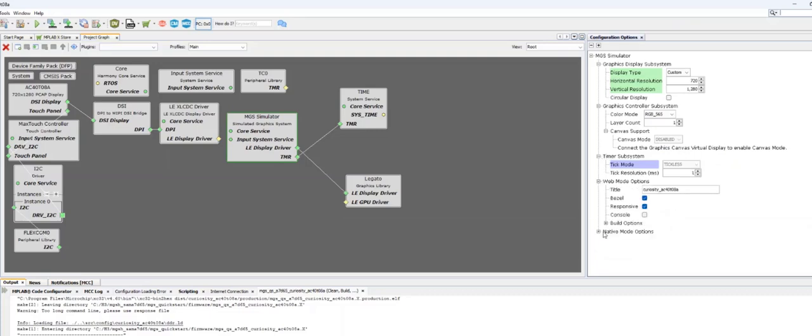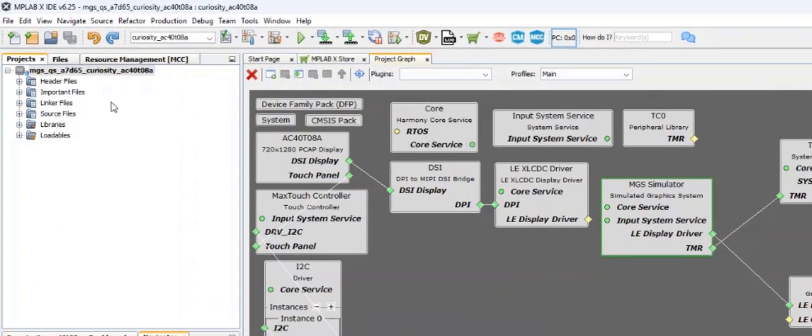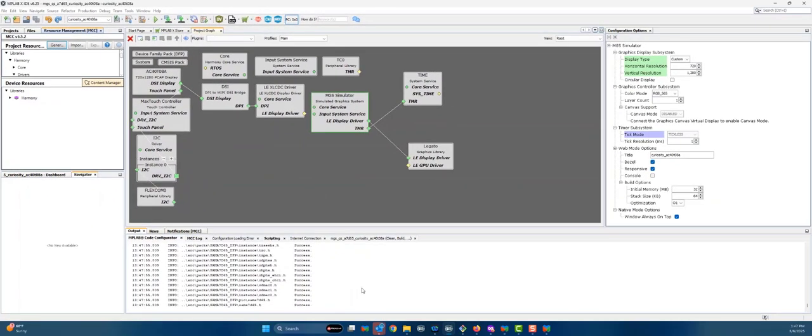In most cases, you don't have to configure the rest of the settings for the MGS simulator. If you need more memory because you're using larger buffers, then you may need to increase these memory settings here. And for the most part, this should work. All right, so now we will generate for the simulator. So now that I have that configured there, I'll click generate. When it's done generating,